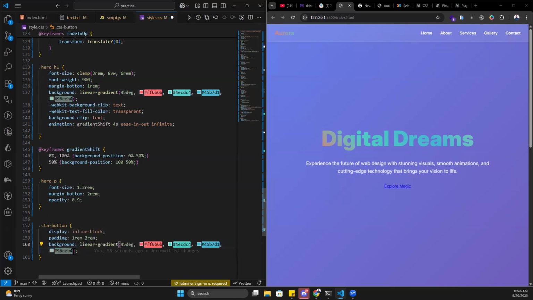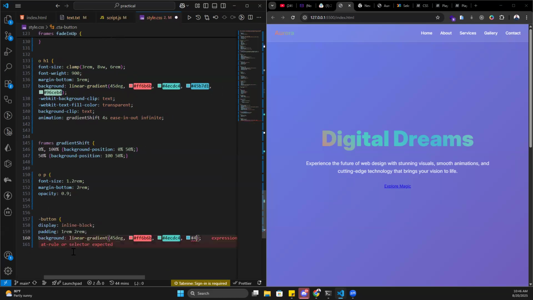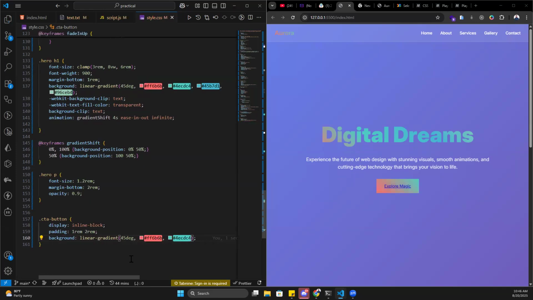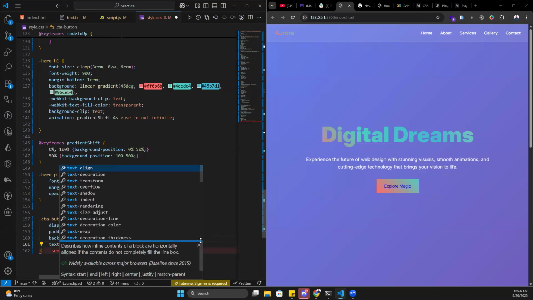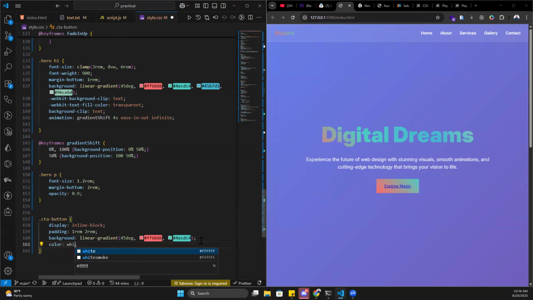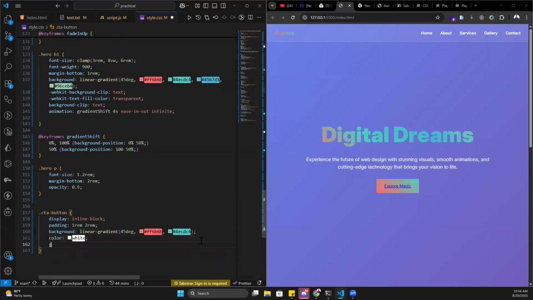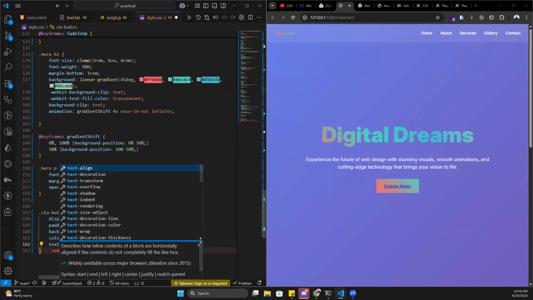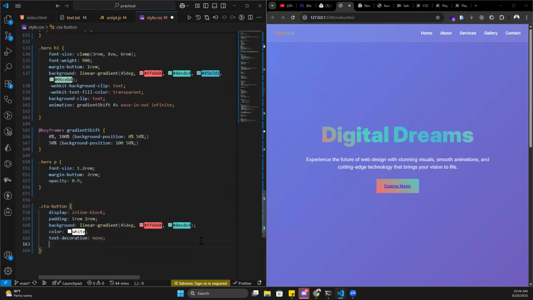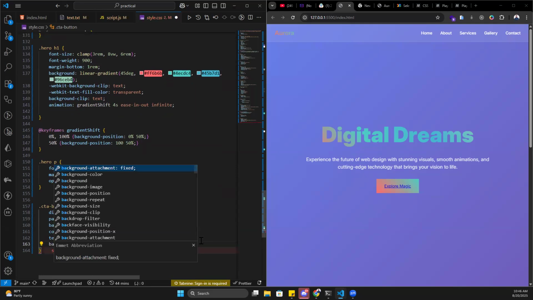I'm just going to remove this color and this. So, but I'm not done yet. I'm going to have text, a color of white. I'm also going to have a text decoration of none. I'm also going to have a background, a border radius